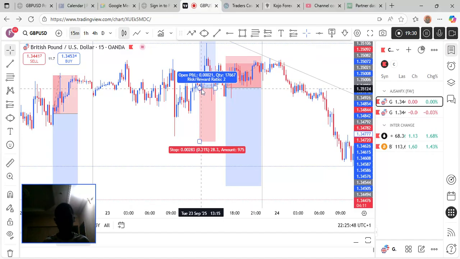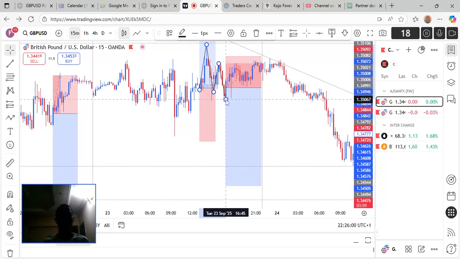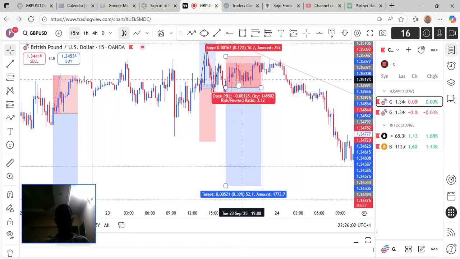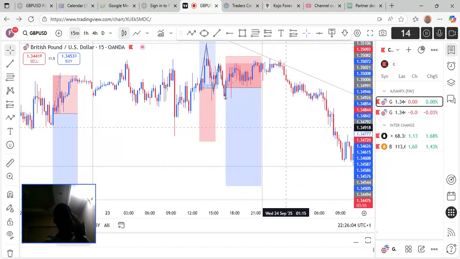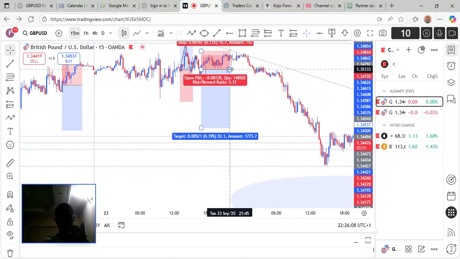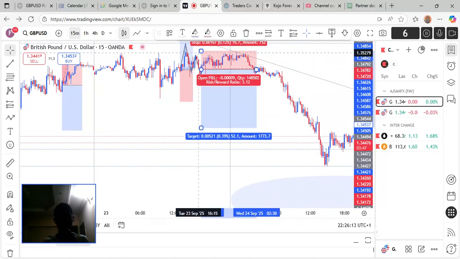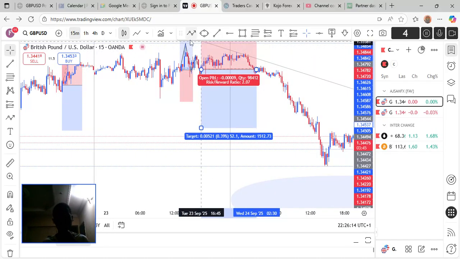You can see the first leg was longer than the second leg and the market just ranged, which we're on the trade and we closed today, I guess. Yeah, we closed today. So our stop loss was actually above this high, but when we're in profit,